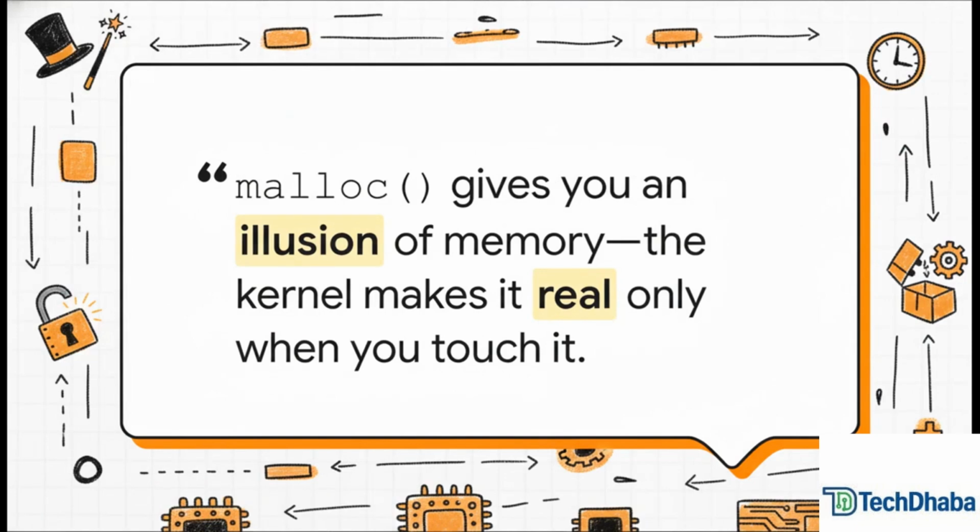And that's it. That's the big takeaway. Malloc doesn't actually give you memory. It gives you a promise of memory. It's an illusion. And the kernel is the magician that only makes that illusion real at the very last second, right when you reach out and touch it. It's a system of lazy allocation, and it's what makes every